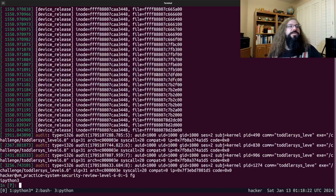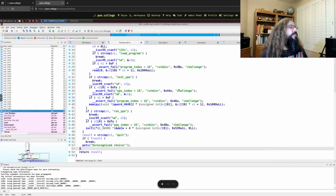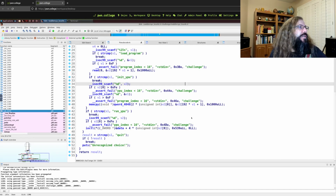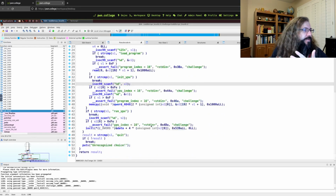And it also gives us an idea on what is the first kind of nugget of wisdom here to solve this challenge, right? It is worth emphasizing, as my last hint for level 6 here, we said that there is a stack canary. We said that we do have the ability to overwrite saved RBP. We do have the ability to overwrite saved RIP. And we also said